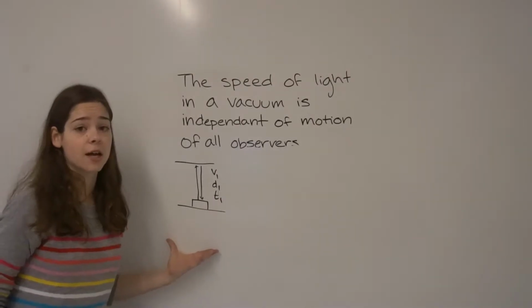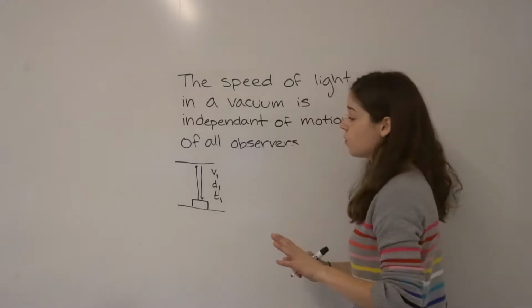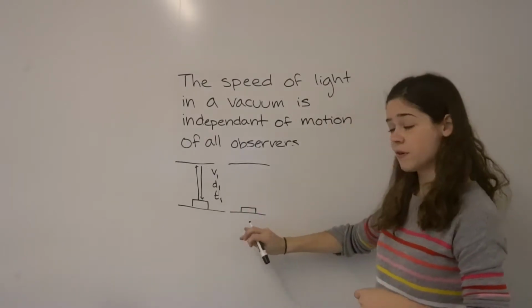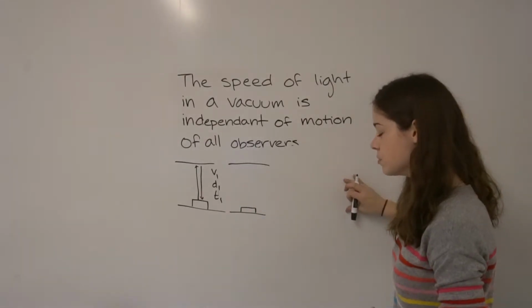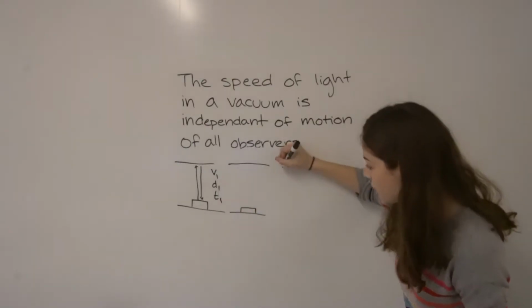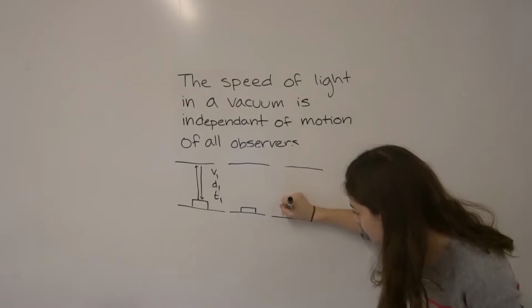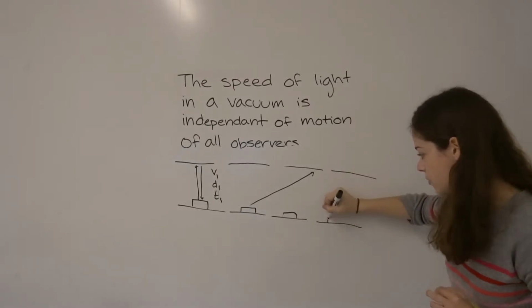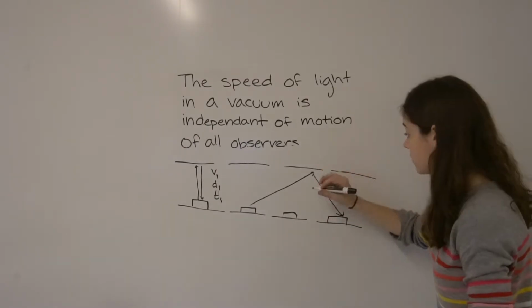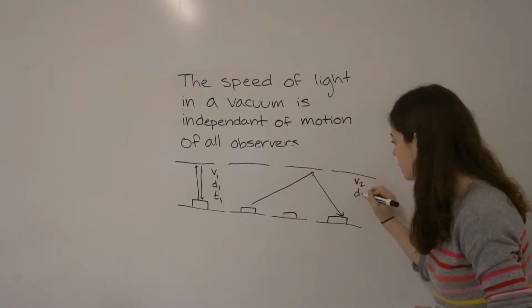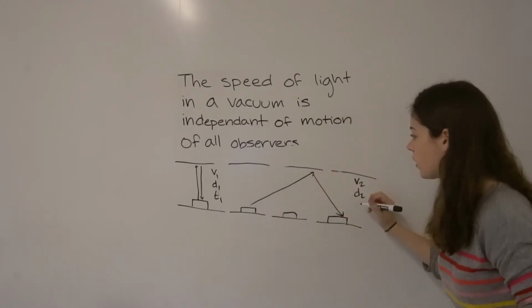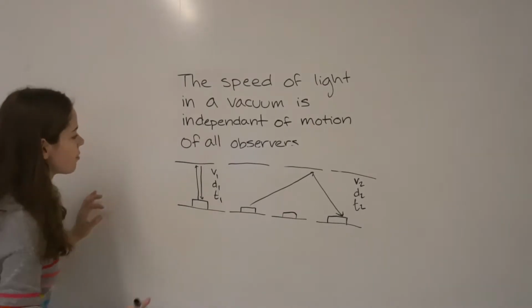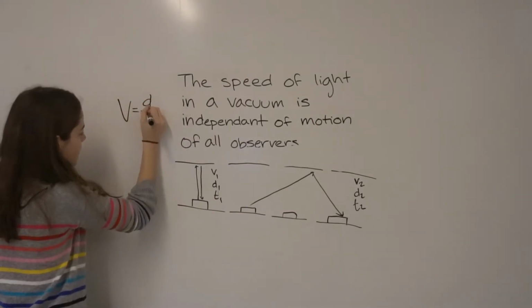If we were to take the same clock and move it onto a moving platform, we would see something very interesting. So you have the same clock with a photon emitter. But because the platform is moving, when it emits the photon it actually has to go horizontal along with vertically in order to reach the mirror and return back down for a time of T1. The beam is moving with the velocity over a certain distance, which is this plus this, and that takes a certain amount of time. So if we look at this through the lens of velocity equals distance over time, then